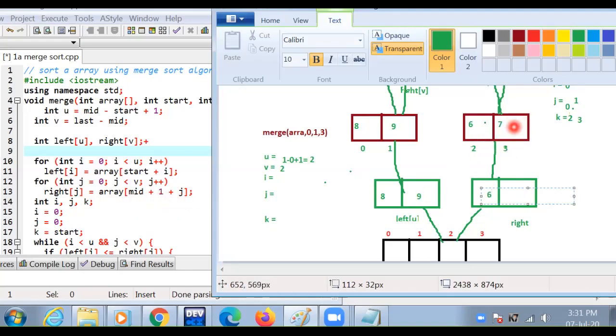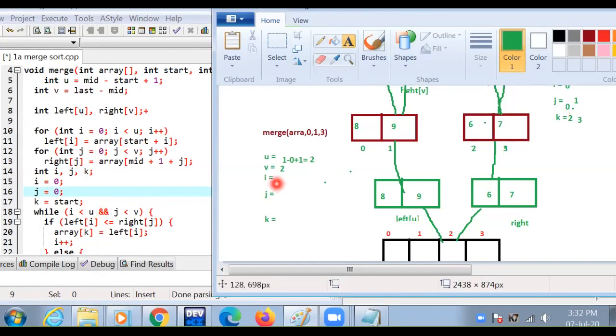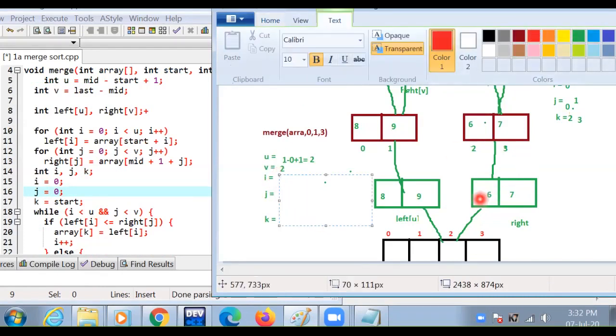The 3 points to this block and 3 is inserted, j value is 1. Now 1 is here, insert 7 because 3 points to the 7. Now 7 is inserted here, inserted in j in the right array. Then I value is 0 and j value is 0 and k value is 0.